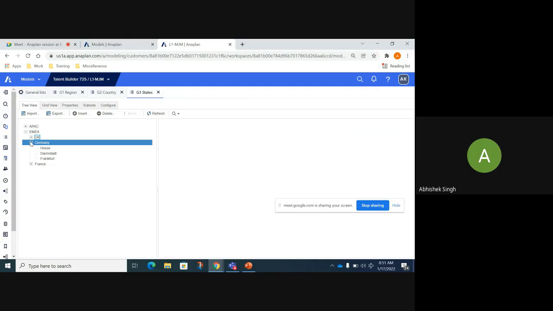Reiterating the point once again: if I know the total sales in Hesse, Amsterdam, and Frankfurt, I know the total sales in Germany. Right? Rupali, you are aligned? Yeah. Okay. So what is this hierarchy list doing? It's helping you to see the aggregated data from the child to the parent level.